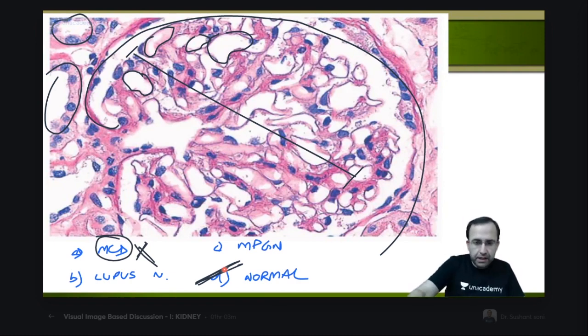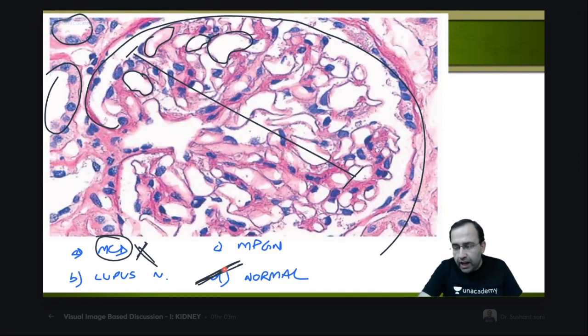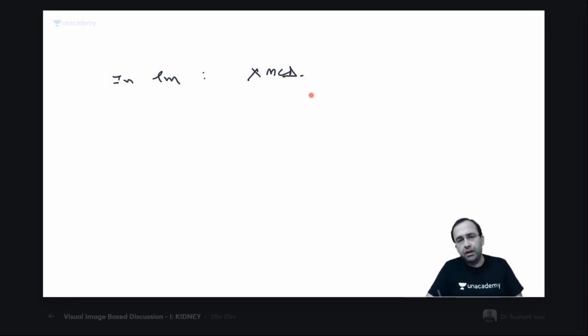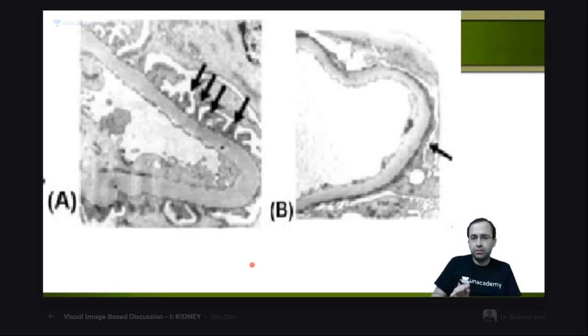Next point. MCD, you very well know that on electron, so could have been A had D not been there. Keep it very rigid that in light microscopy, we will never mark the answer as MCD if we want to be right. Because what will happen is in the image, when given in the examination hall, you might be thinking it is normal on light microscopy, but the examiner will never do that. Because as pathologists, we cannot sign MCD on light microscopy. Never mark it.